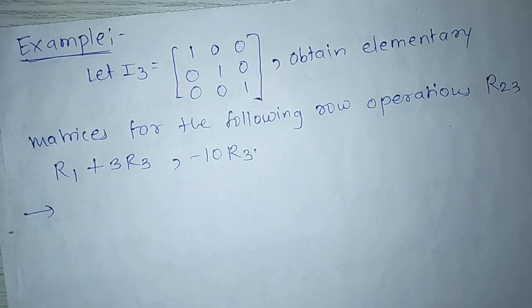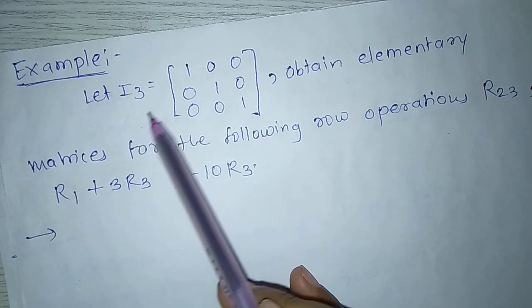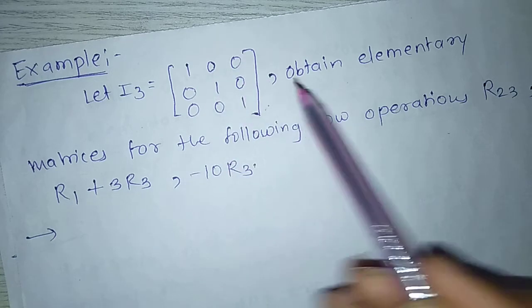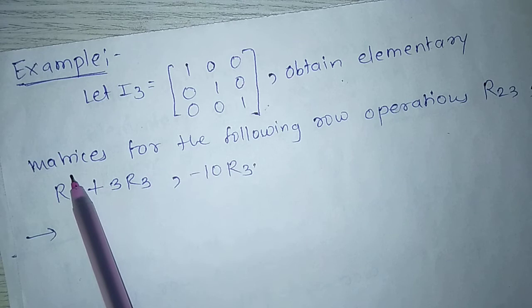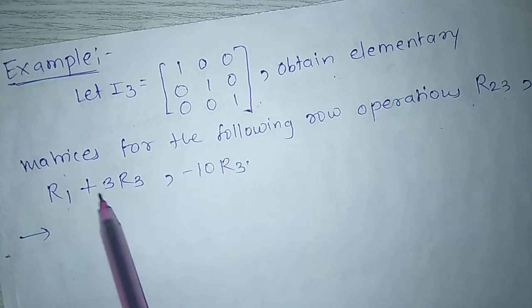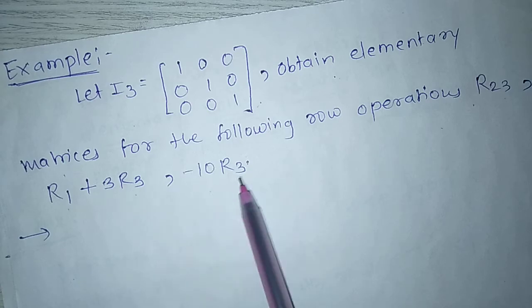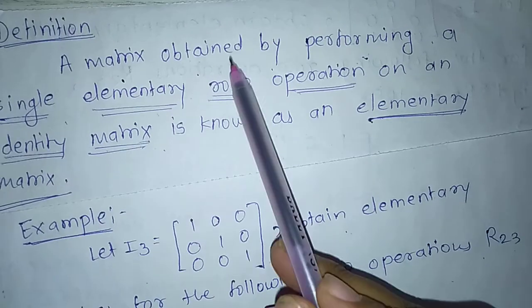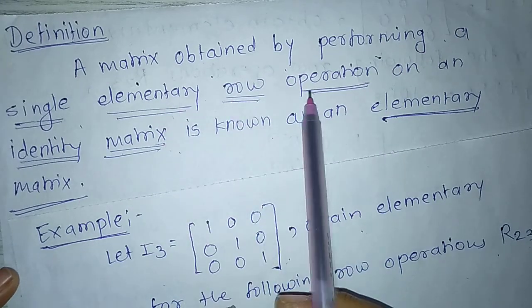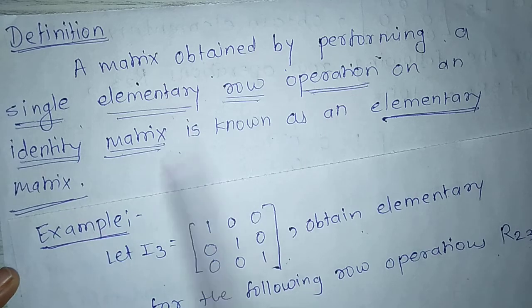Hello students. Next example, let I3 equal to identity matrix of order 3 by 3. Obtain elementary matrices for the following row operations: R23, R1 plus 3R3, minus 10 R3. Elementary matrix means a matrix obtained by performing a single elementary row operation on an identity matrix is known as